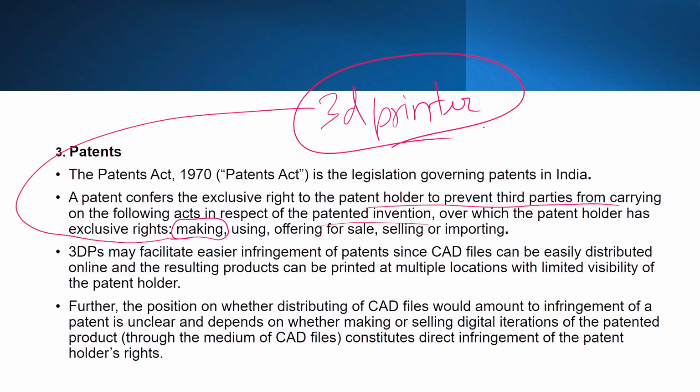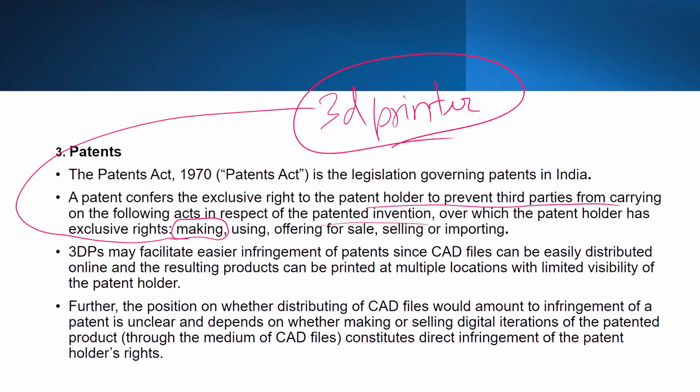Further, the position on whether distributing CAD files would amount to infringement of a patent is unclear and depends on whether making or selling digital iterations of the patented product constitutes direct infringement of the patent holder's rights. So, there are a couple of things which are not clear in the patent regime so far as 3D printers are concerned, because CAD files or their distribution might appropriately fall under the copyright law, because copyright law says that anyone's copyrighted work, the computer program or any CAD file in this case, if it is distributed, if it is issued or communicated, then it is the copyright law that comes into